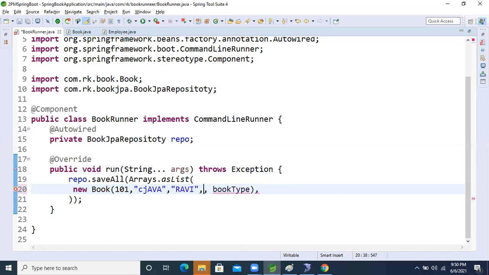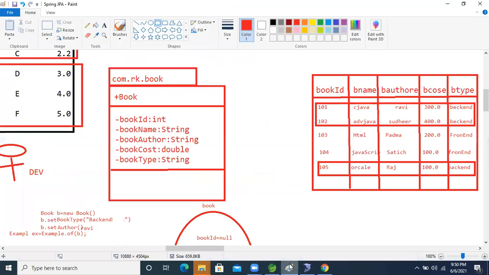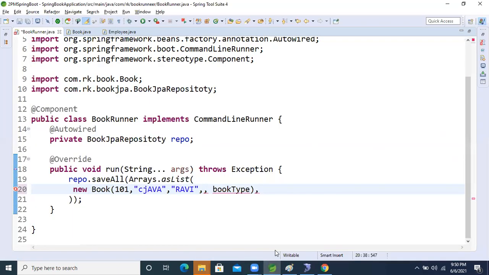Price, cost: 300. Book type, what is that? Backend. Backend. Book type is backend, right? One data is ready now.